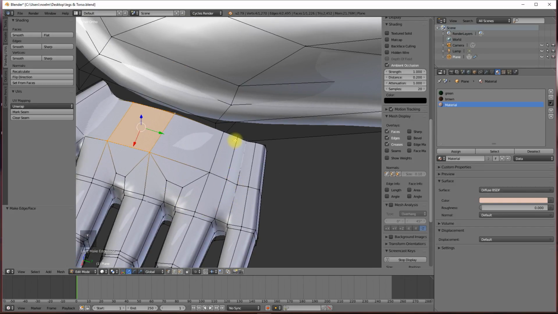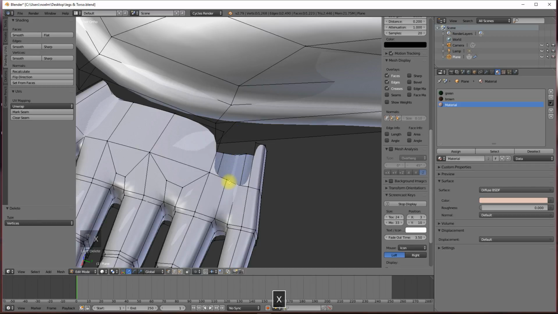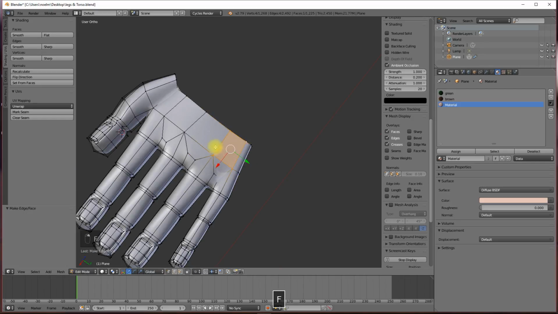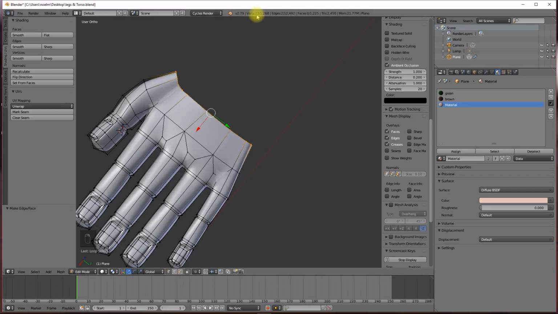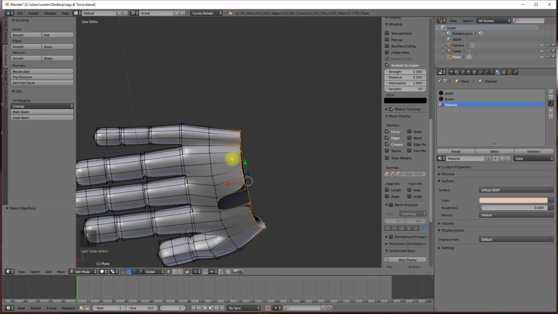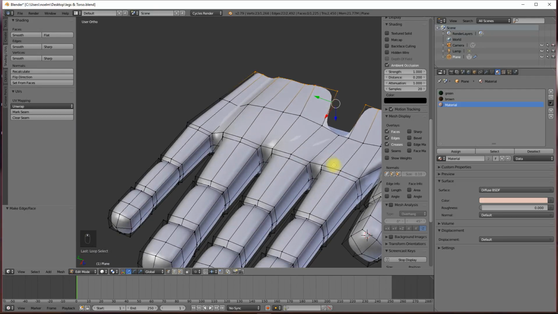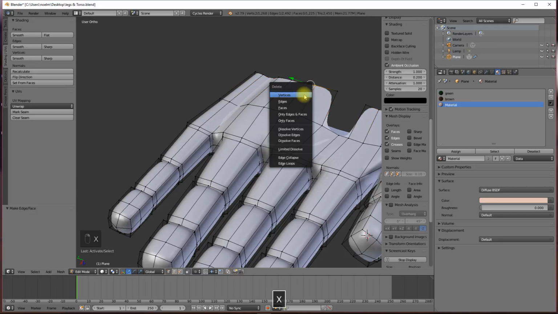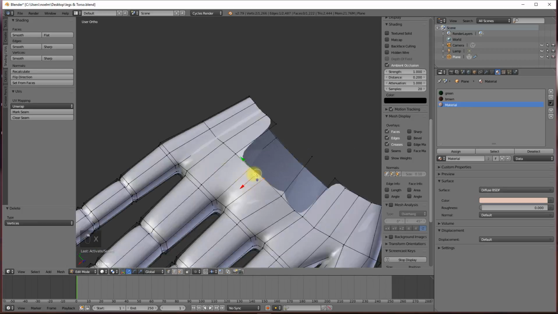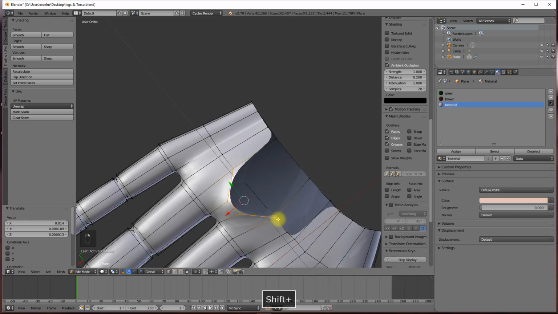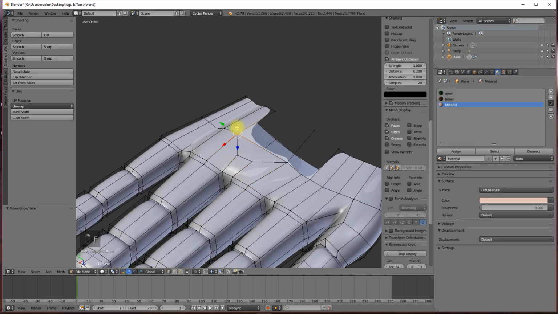And I can do the same over here. I can delete these two and move these two forward, and then create a quad here. And now we've got it fixed. Now if we select this loop here, we've moved down to 23. I can take a similar tack here, so I can take these two and delete them. Move these two forward and complete my quad that way, and then